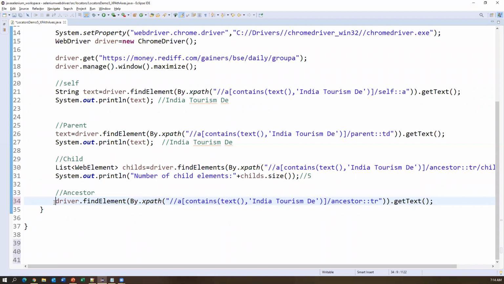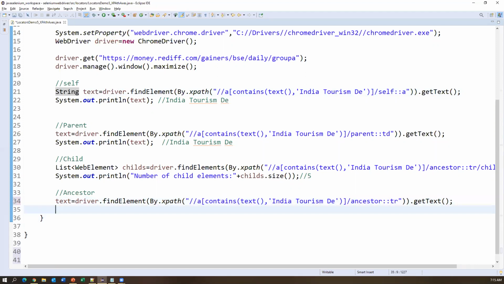I capture that into the variable called text, which we already created above, so the data type is not needed again. Then I'll print the value of text.